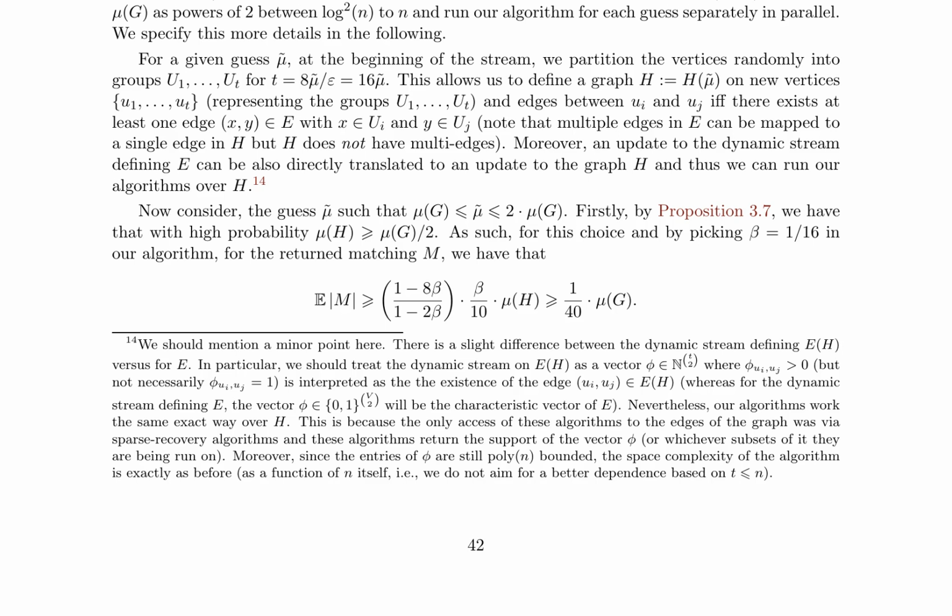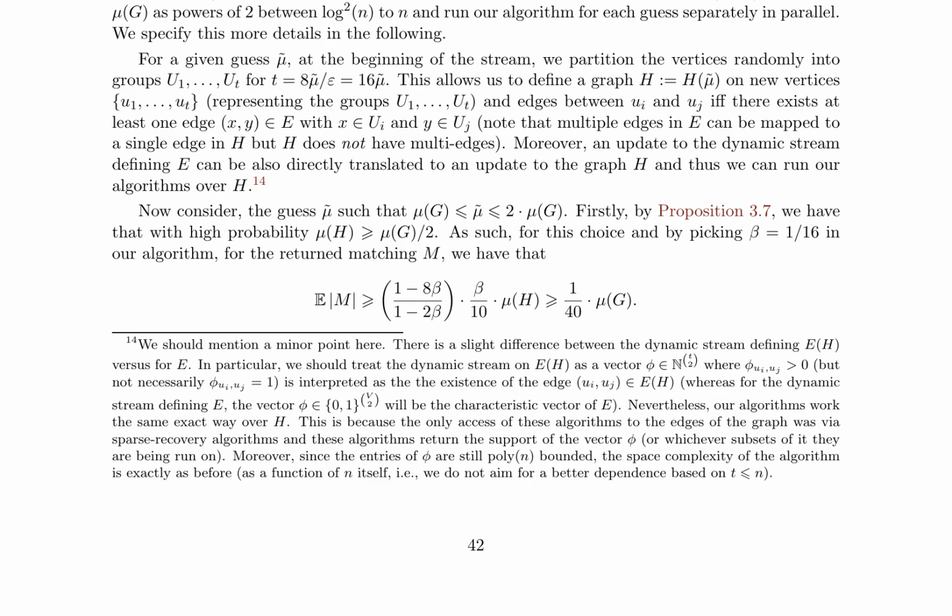The process begins with extracting a vector z from the collected information, sampling edges, and finding a maximum matching with an expected size guarantee. The algorithm's key steps involve defining a new graph H based on the vertex partitions and running the algorithm over H to achieve the desired matching size. The approach can be extended to weighted graphs, and existing sketching and streaming results can be utilized to achieve the desired approximation ratio. By combining these techniques, the maximum matching algorithm's performance can be significantly improved, leading to a more